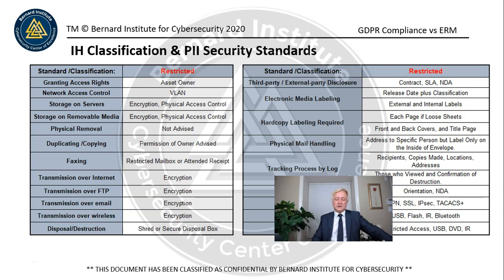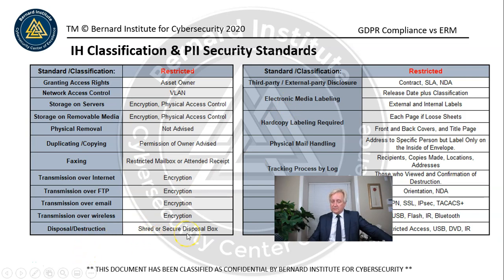And I've also seen thin clients deployed in a similar manner, because thin clients don't have any ports. They don't actually contain any information. They always refresh from the server. So there's a total segregation on the network, and the information is held back from the device, so it can't be copied. Again, transmission over the internet, FTP, email, or wireless is all encrypted. The standard would probably be set at AES or WPA2.